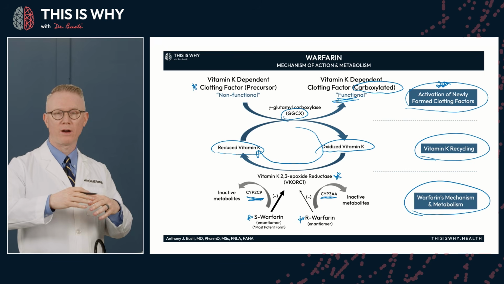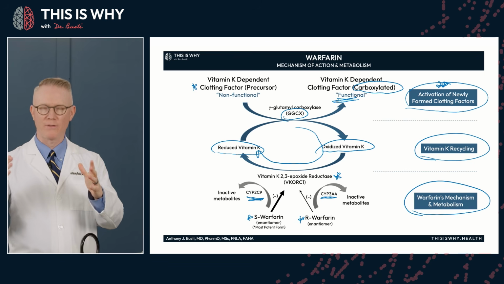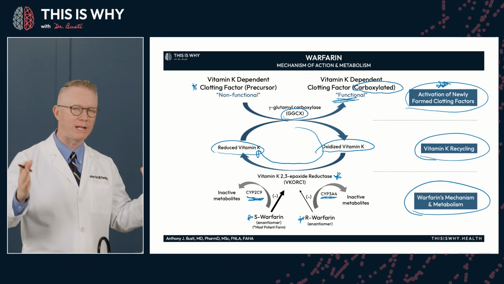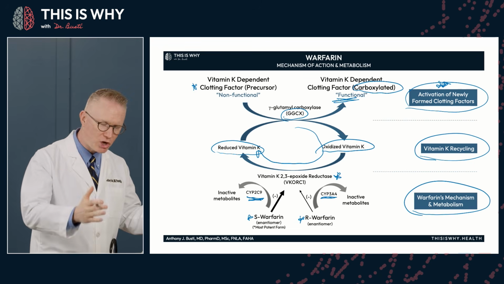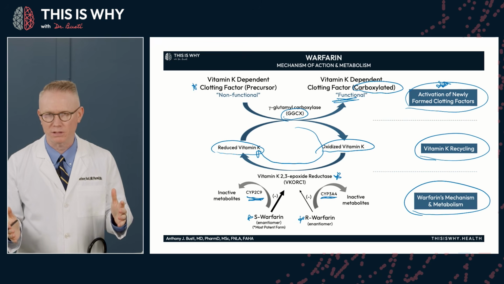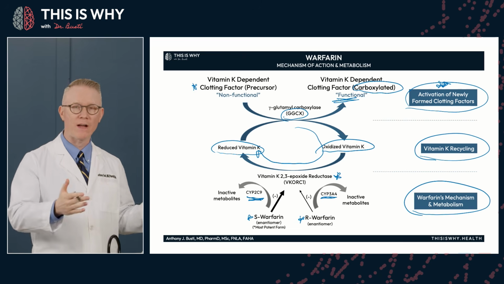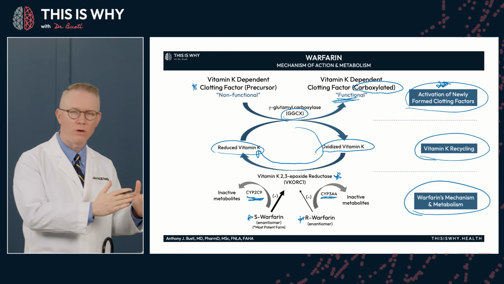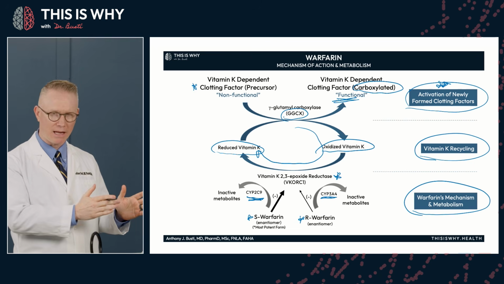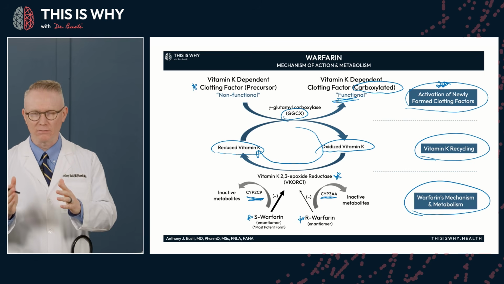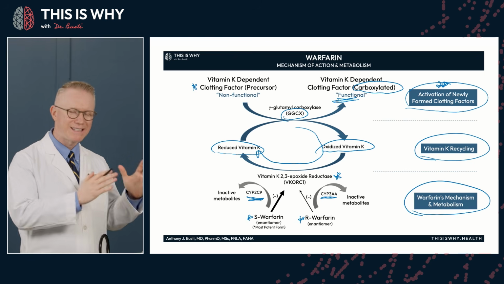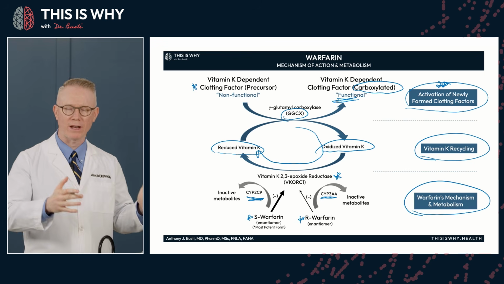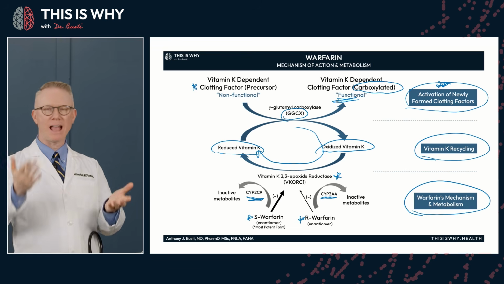So that means that as you inhibit the new ones that are being functionally activated, you have to wait for the old ones that have been activated to go away. And that's why there's a need for bridge therapy, because in an acute thrombotic episode, you have active clotting factors present. This drug, warfarin, is only preventing the newly formed clotting factors from being activated. Do you follow me? So the existing pool that are floating around in your body at the time that you start warfarin have to fade away,